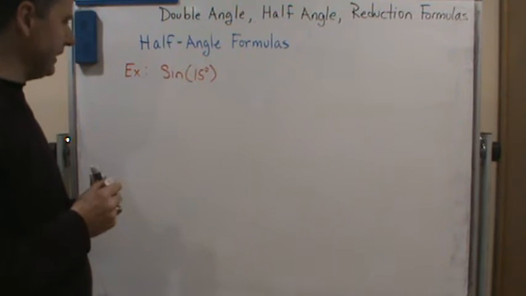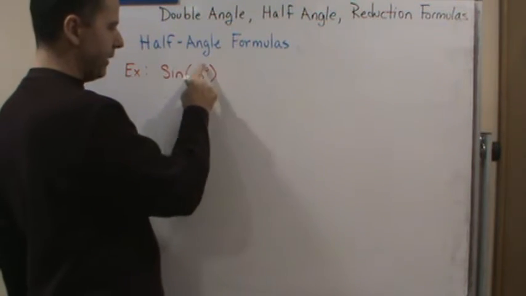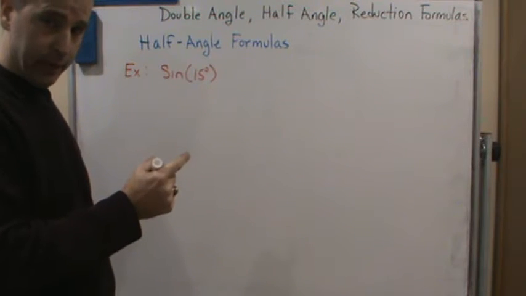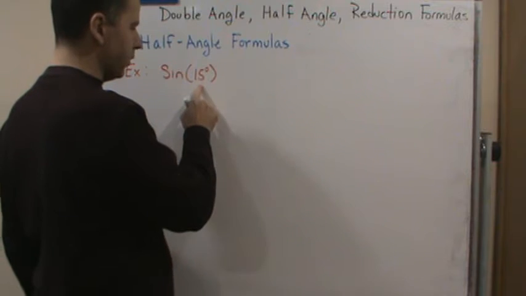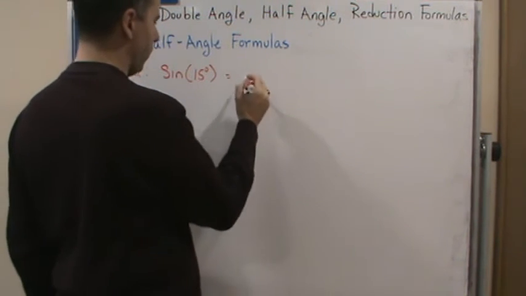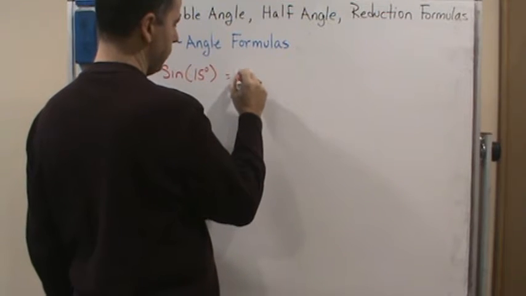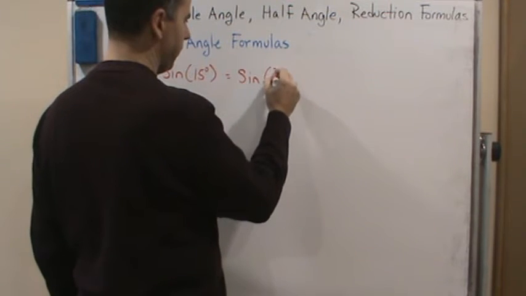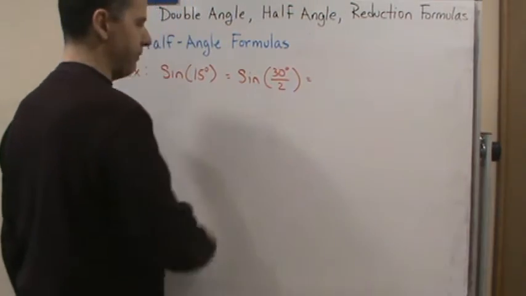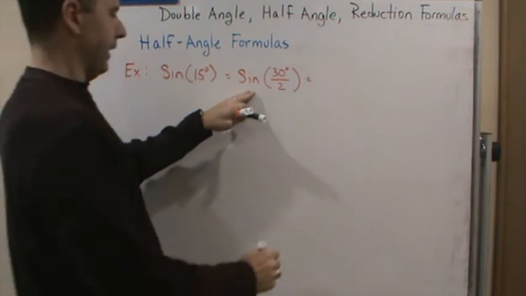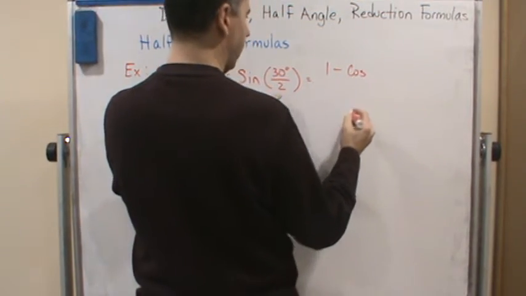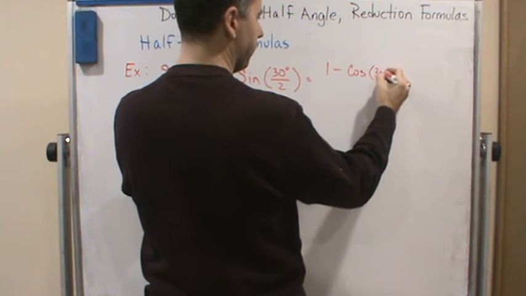Well, very easy. We're going to rewrite this angle so that it's written as half of another angle. 15 degrees is the same as half of what? 30. So let's do sine of 30 degrees divided by 2. Now we can use the half angle formula for sine, and that's going to be 1 minus cosine of 30 degrees